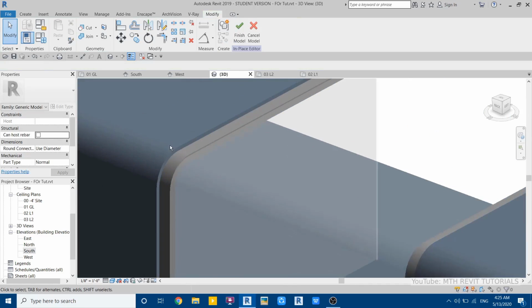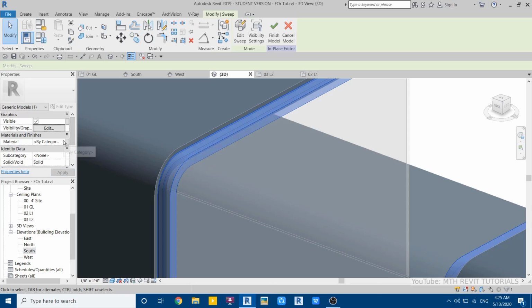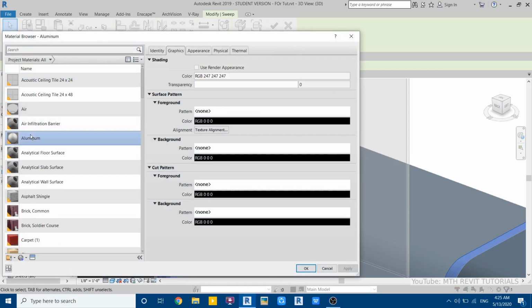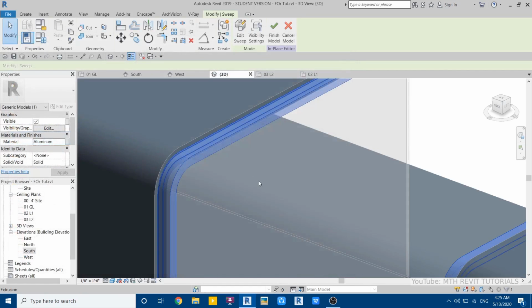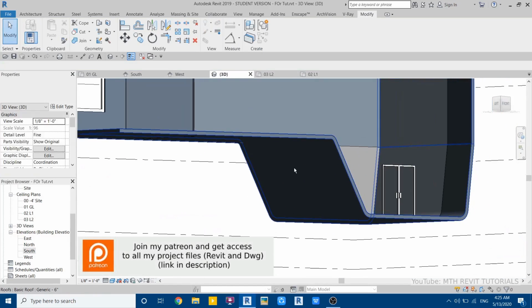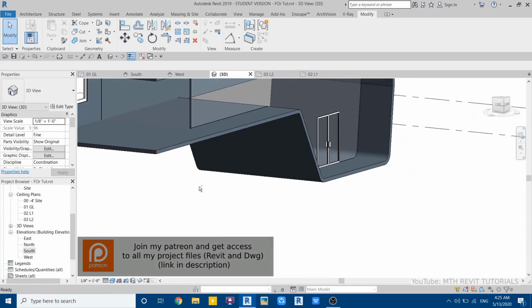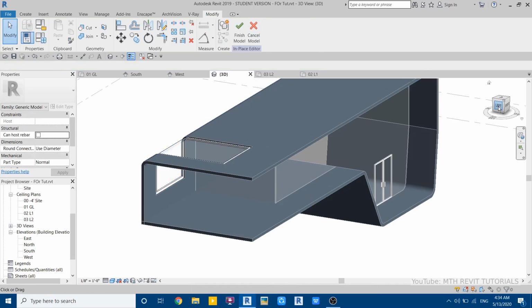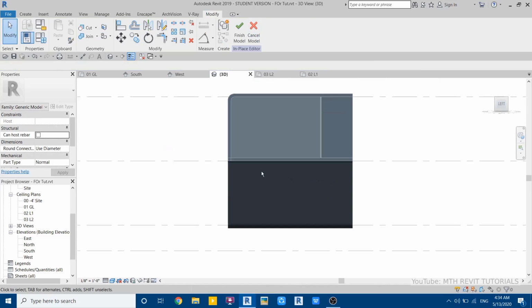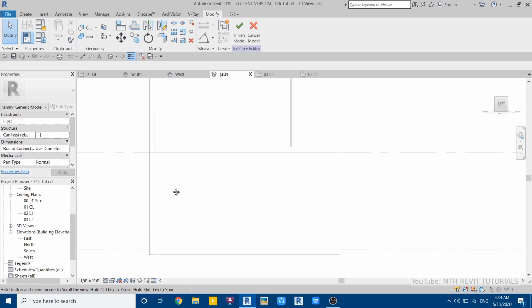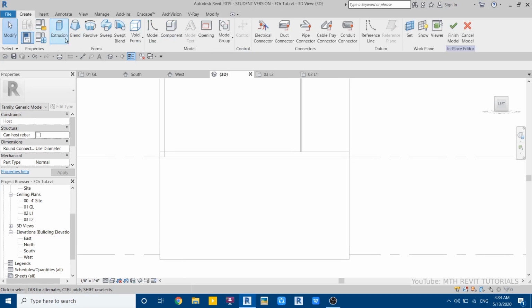Let's apply material to this. Select sweep, go here in the material and select aluminum material. Okay, now we will use same method and create the glass on this side, and we'll use model in place to create that. Select this one, then edit in place, go to left view, and first we will create the opening here. Change the visual style to hidden line and go here, select create,